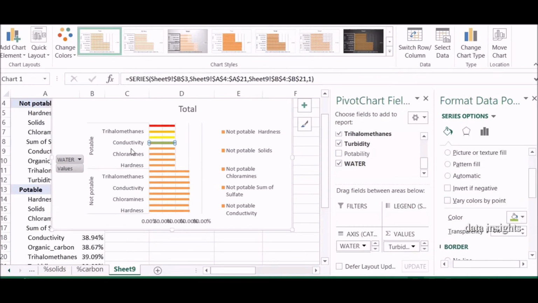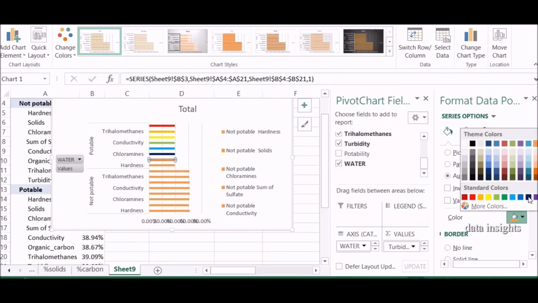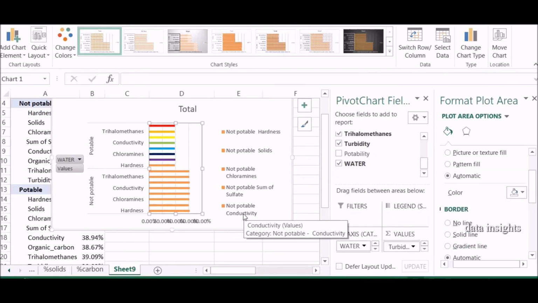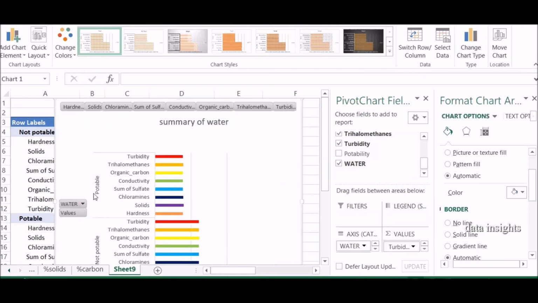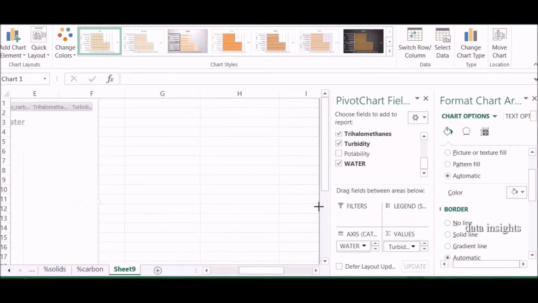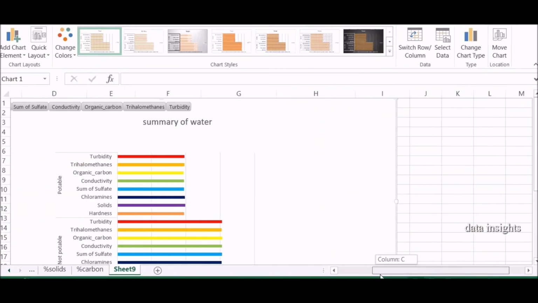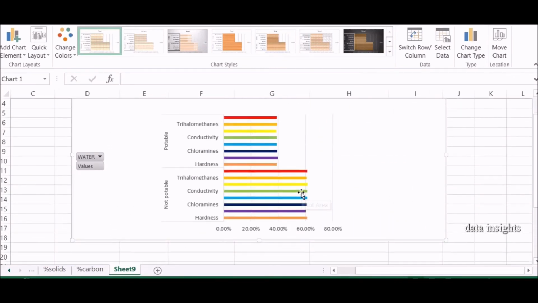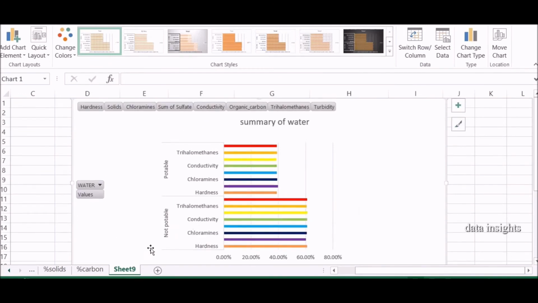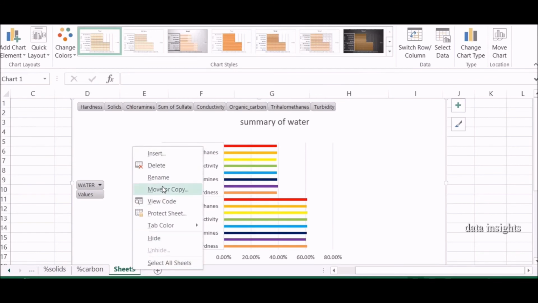So once you have changed the color and look of this chart, you are going to make a dashboard out of all these charts that we have made previously. Then you finish this chart and label it, so that when you make your dashboard, it is very interactive and you can understand it. So this is how this chart looks.